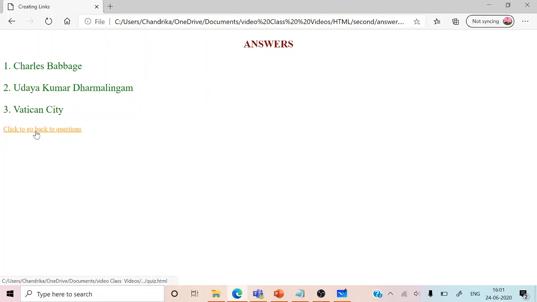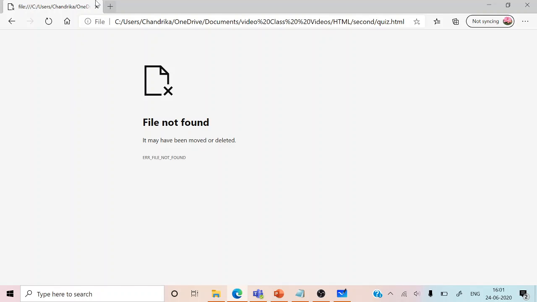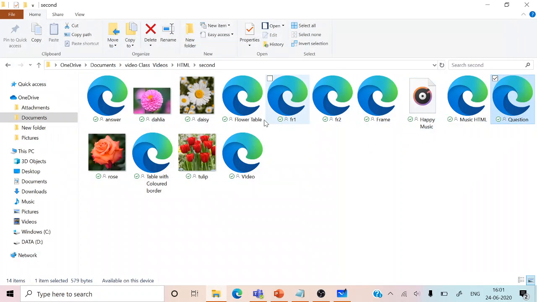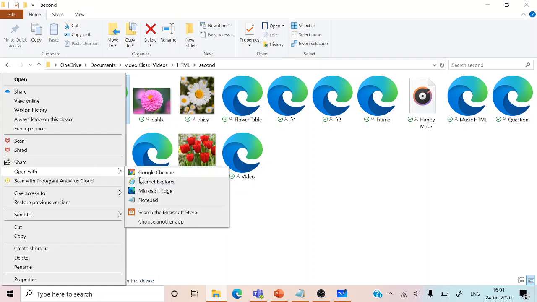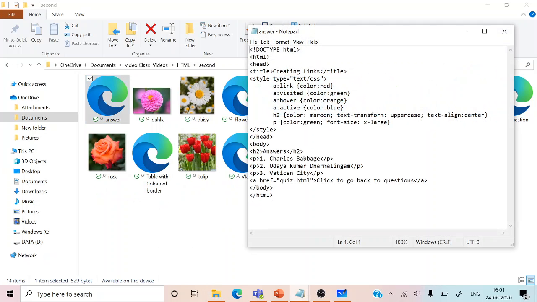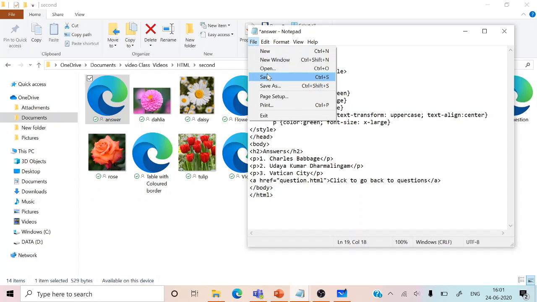Again, when I have to go back to the question page, I just got an error. So for that you have to give the file name, the name which you have created. So I will make the changes here, that is question.html, and save the file.